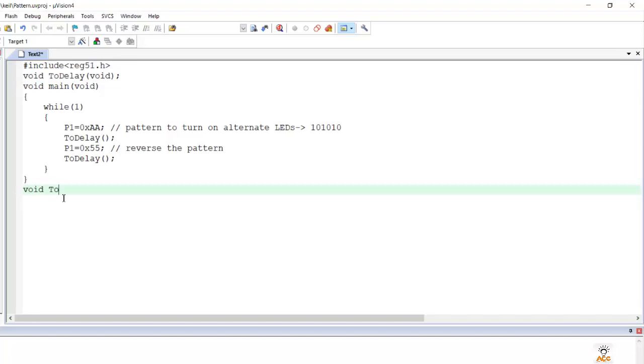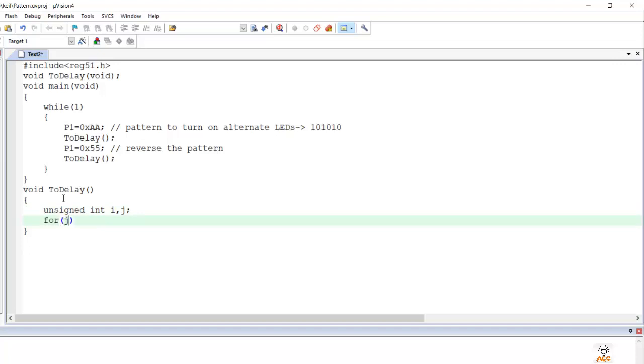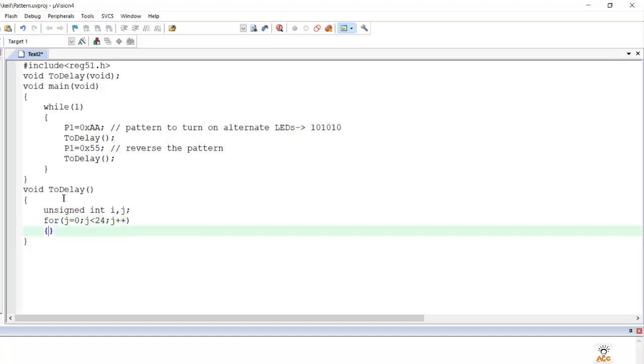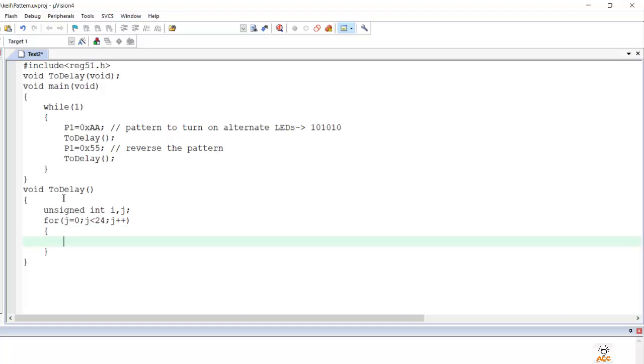So void to delay, and we'll take two variables, unsigned int i comma j, and this would be for our outer loop and inner loop. So for j equal to 0, j less than 24, j plus plus. So we have seen this outer and inner loop in the previous videos also.